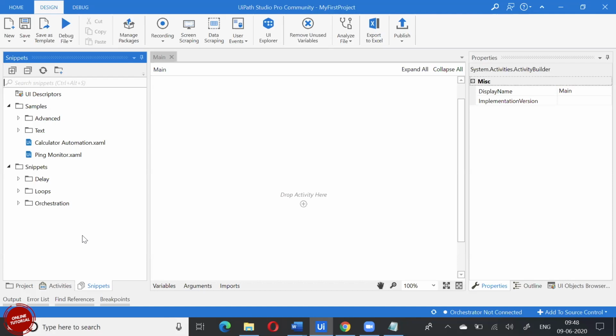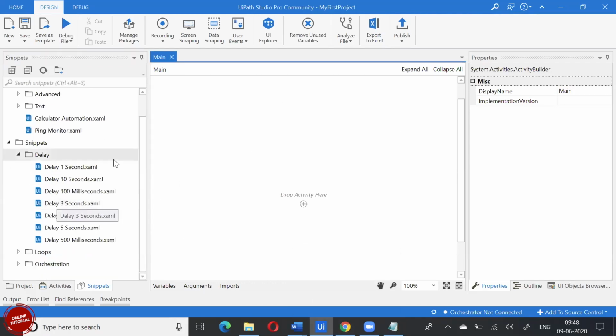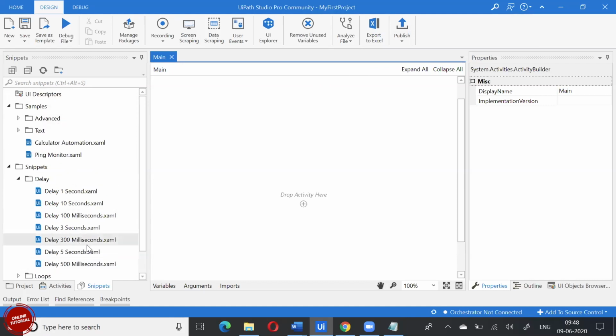Yes, yes. So you see, it's like this. Suppose I want to add a delay in my process. I have seen delays needed so many times. For example, UiPath assumes that this is one that you might require commonly, so they have added it in a library. Now you create any project, any process, you will always see this library. And yesterday when we went to Orchestrator, there also we have a library. So what you can do is call that library, and it will automatically do the task for you. You don't have to design it.